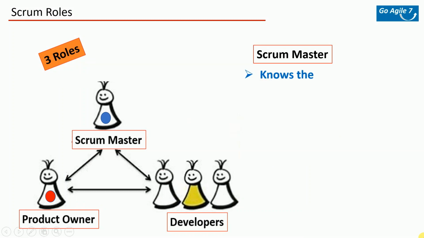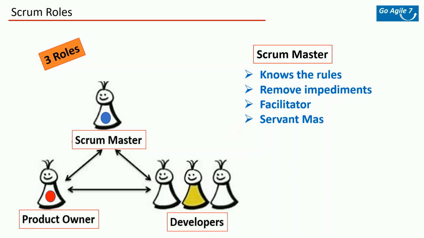Let's start with the Scrum master. The Scrum master knows all the rules of the game. They closely monitor any impediments. Impediments are nothing but blockers. To remove these impediments, you may have to coordinate with other teams and other departments like legal, finance, admin, etc. And someone has to coordinate with release management also, and external business stakeholders. All this is handled by Scrum Masters. They are like the spokesperson for the team. Then they will facilitate any meetings required within the team or with other teams as required.